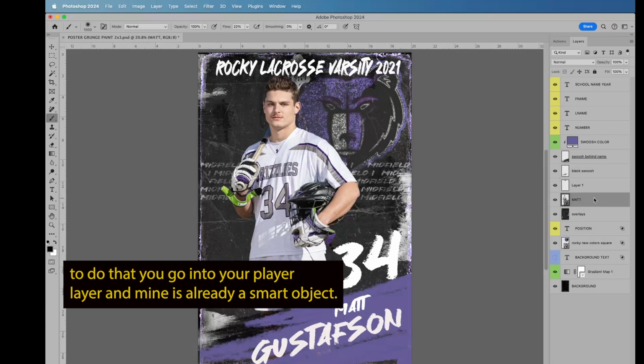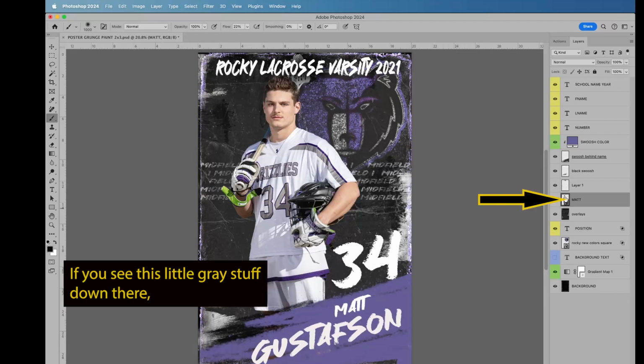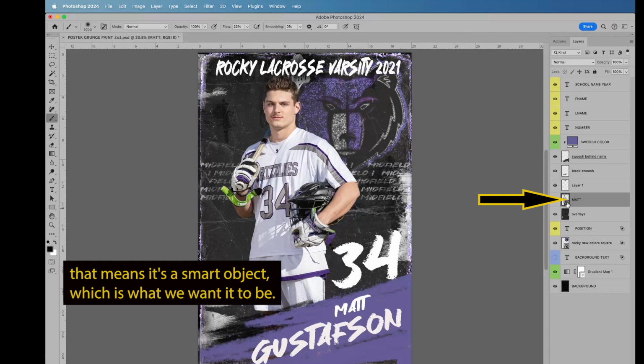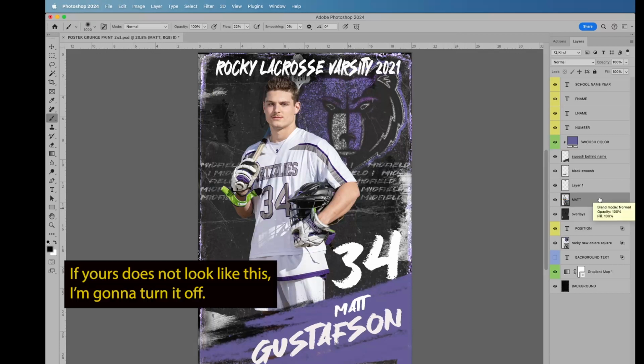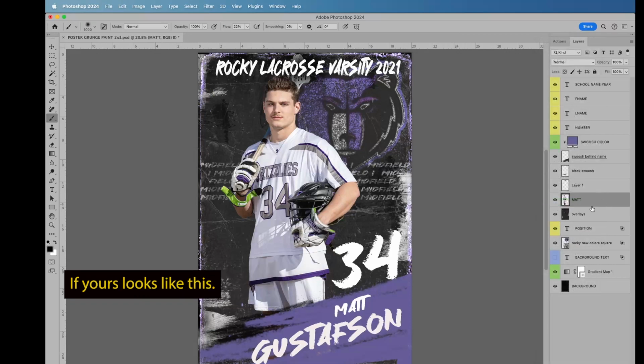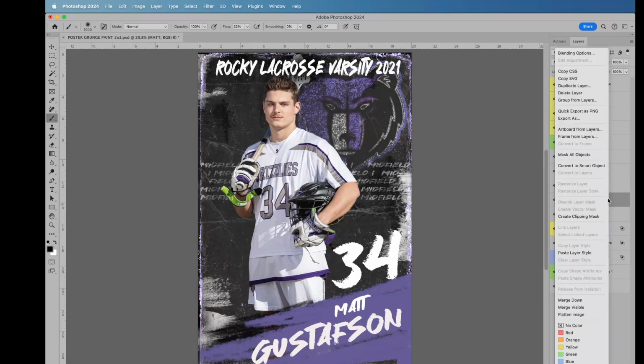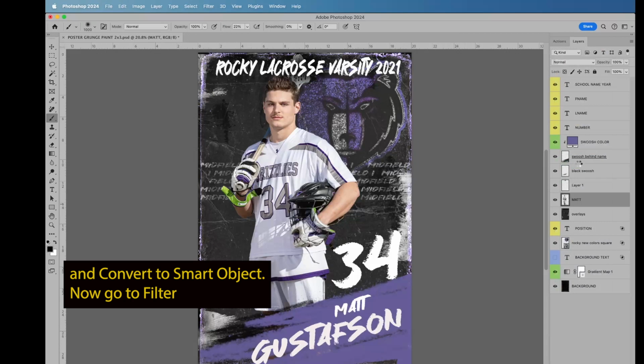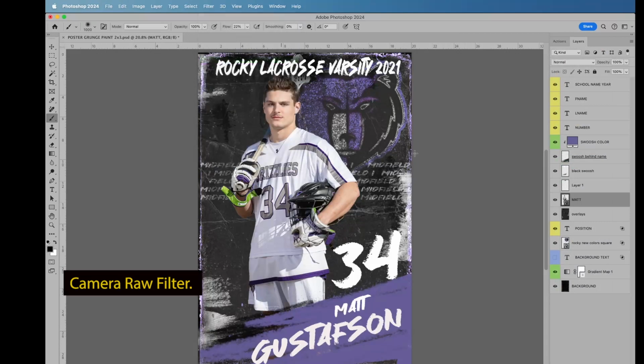To do that, you go into your player layer, and mine is already a smart object. If you see this little gray stuff down there, that means it's a smart object, which is what we want it to be. If yours does not look like this, in order to make it a smart object, right click and convert to smart object. Now go to filter, camera raw filter,